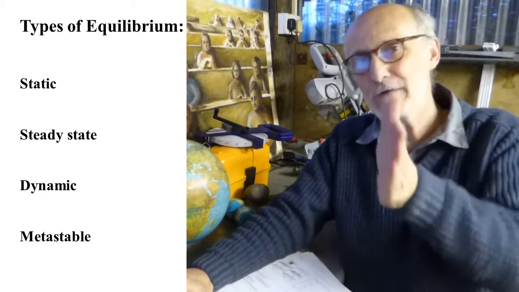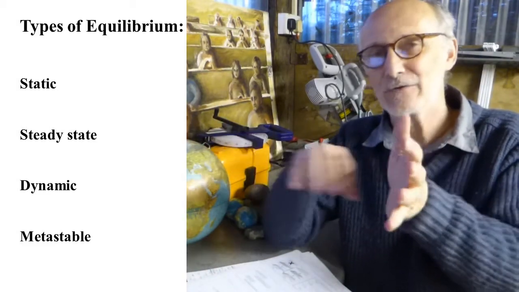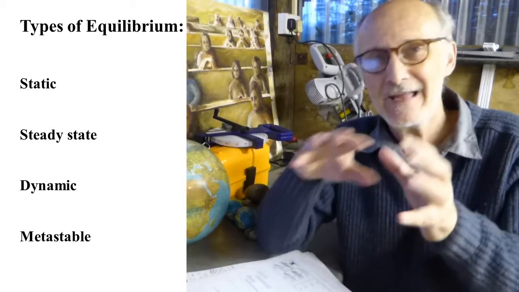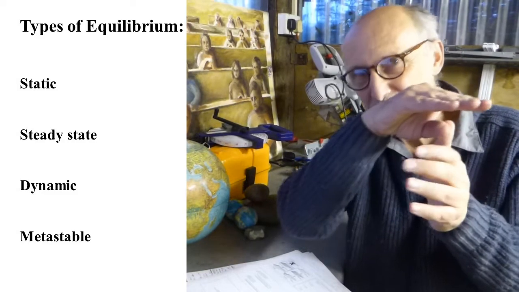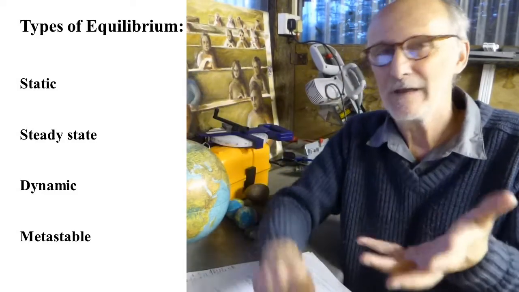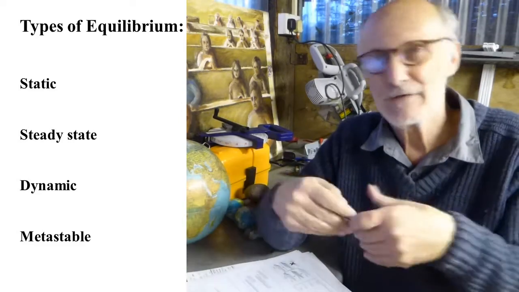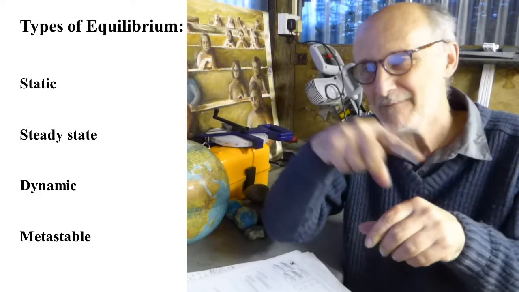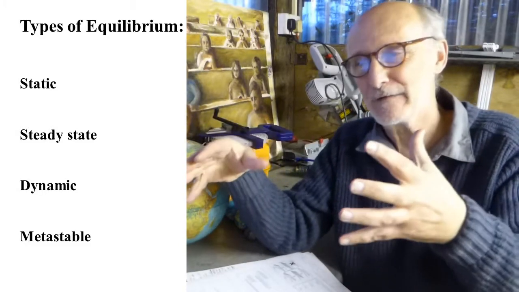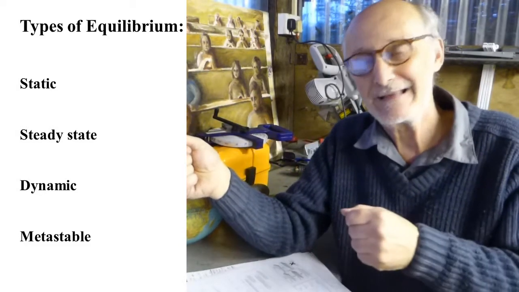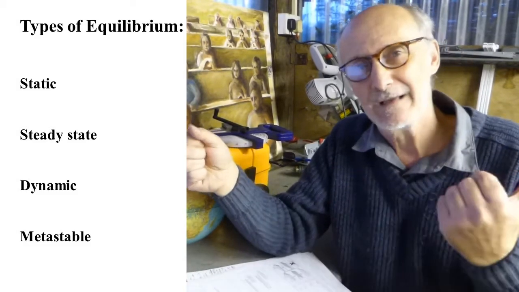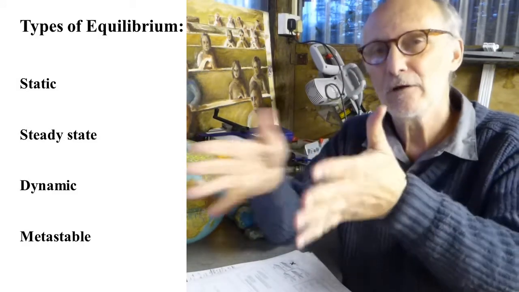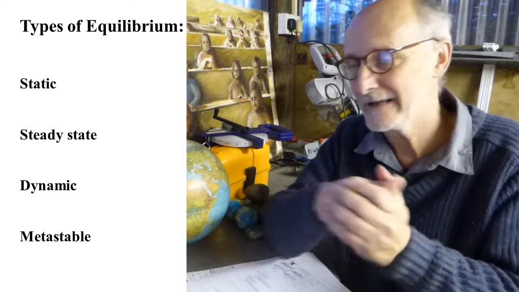If I drew a graph of channel width against time as the river discharge fluctuated over the course of time, if channel width wasn't changing, if nothing changed, we'd just have a horizontal flat line. Well, that's static equilibrium. If discharge is varying a little bit, so the river width is increasing, decreasing over the course of time, but over the long run not really going anywhere, it's staying roughly the same, well, that's what we call steady state equilibrium. And that's kind of what I was talking about in that example of the Powder River a second ago. Things are happening, but there's no long-term direction of travel, if you like, in what's happening.